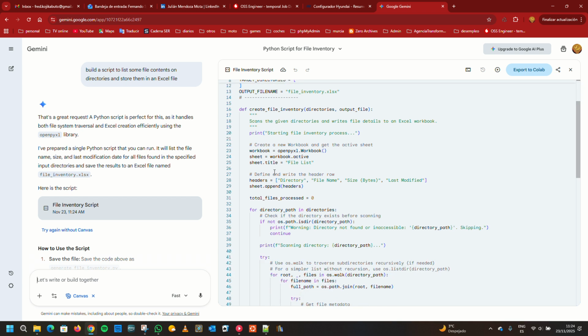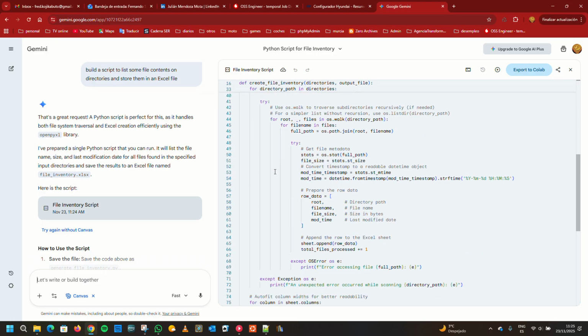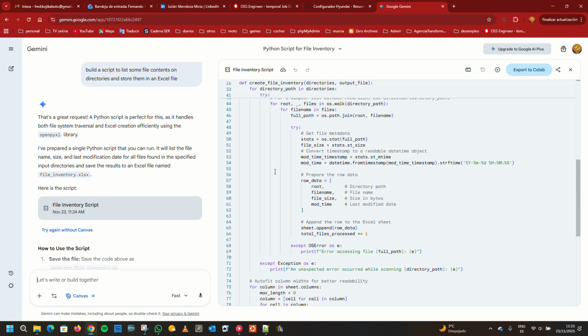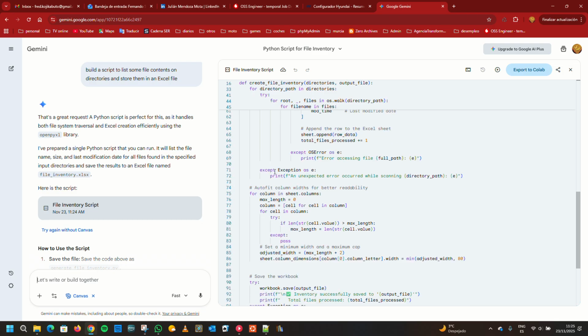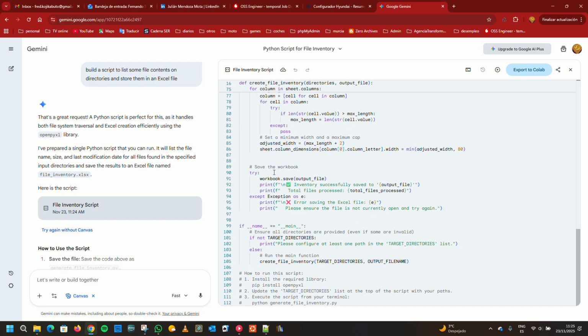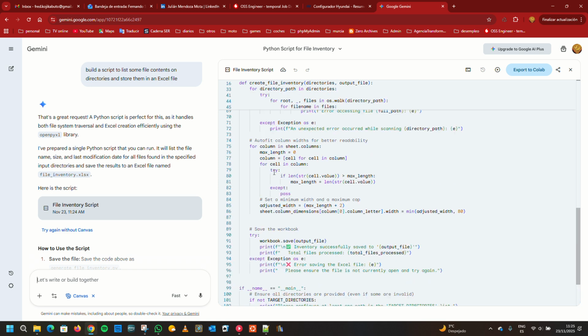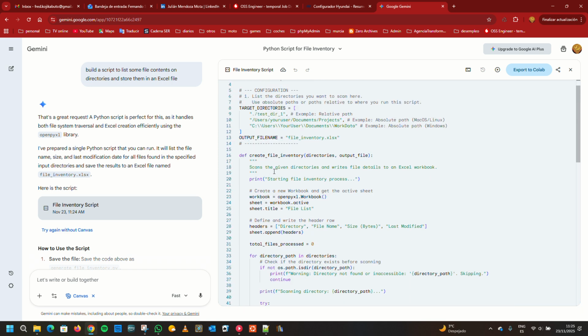In this case, the script returned is in Python. Usually it is in Python unless you ask for a different language such as Perl or any other, but usually it returns the results in Python. So you can see all the contents of the script here. The only thing you have to do is to